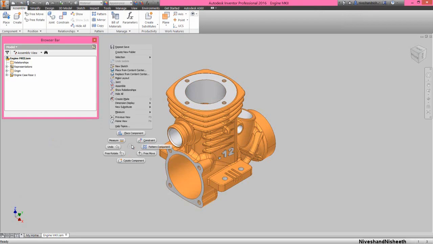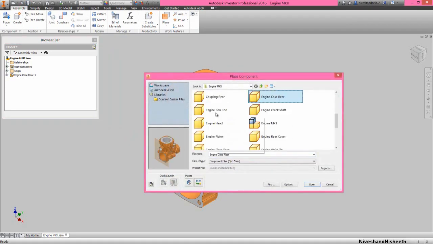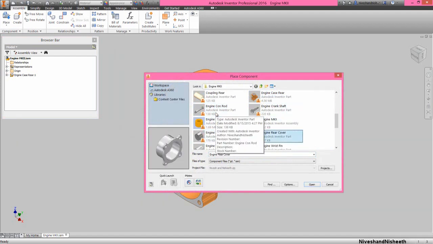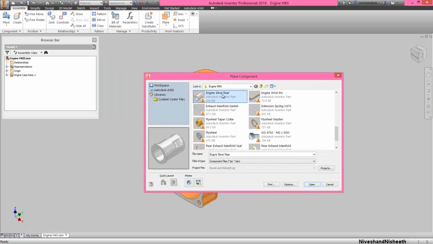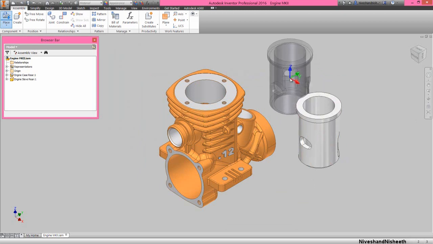Now we will activate the place components command and place the part engine sleeve rear in this assembly. Now we will activate the constraint command.